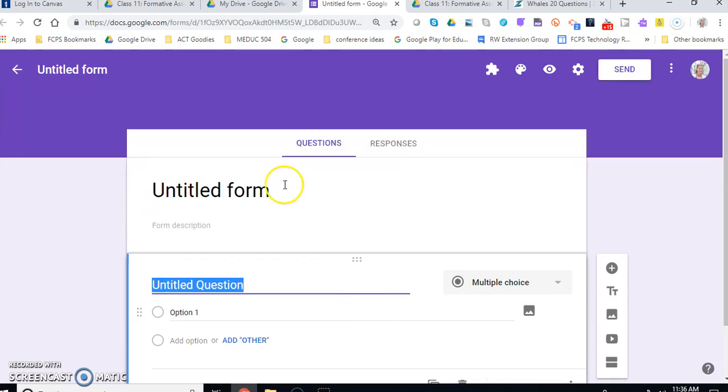Okay, so in this particular example, I'm going to show you a couple different questions. Not all the different question types, because once you know a couple of them, most people kind of stick to just a few basics. So the first thing you want to do is give your form a title. So I'm just going to do